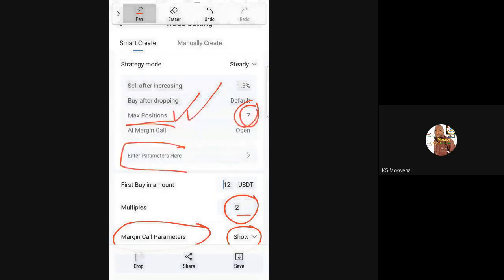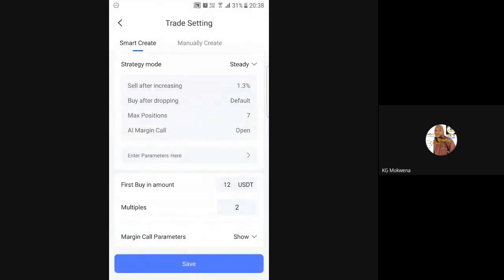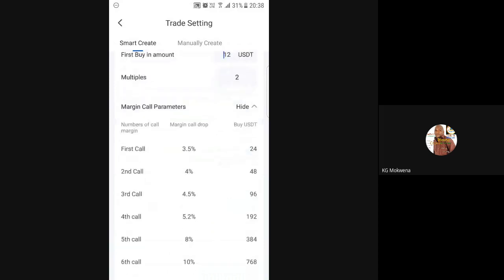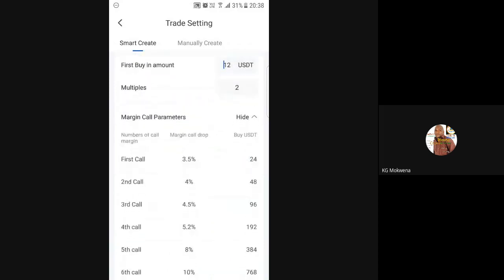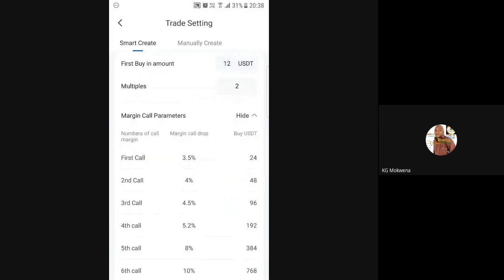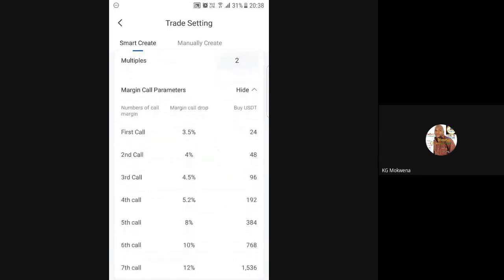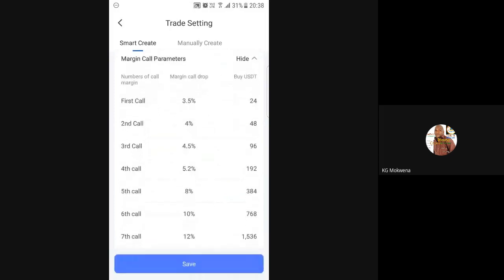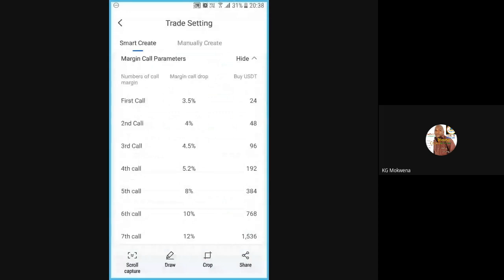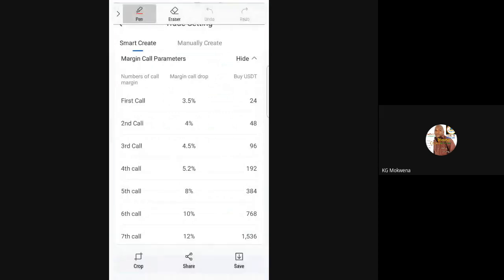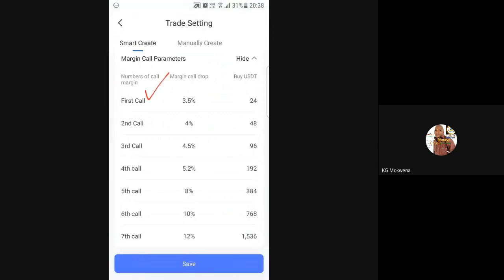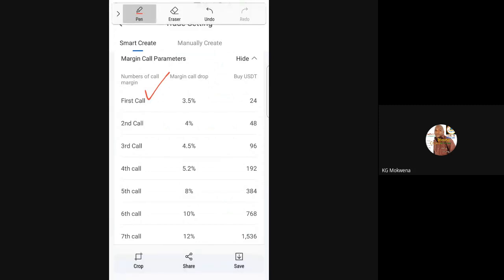Let's quickly click at the bottom right to see the parameters, and then I'll slide upwards. You can see the first buying amount is 12, and then multiples, we have 2 there. Let me just go up so that we see everything. So I'll let someone please participate with us here. Can you say first call? First call, after the first buying amount of $12, first buying amount,